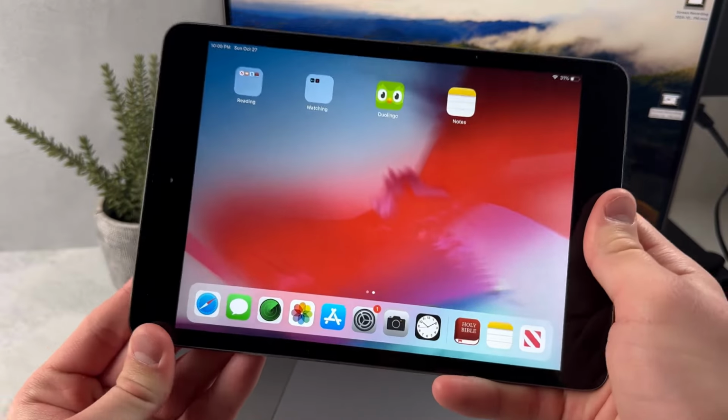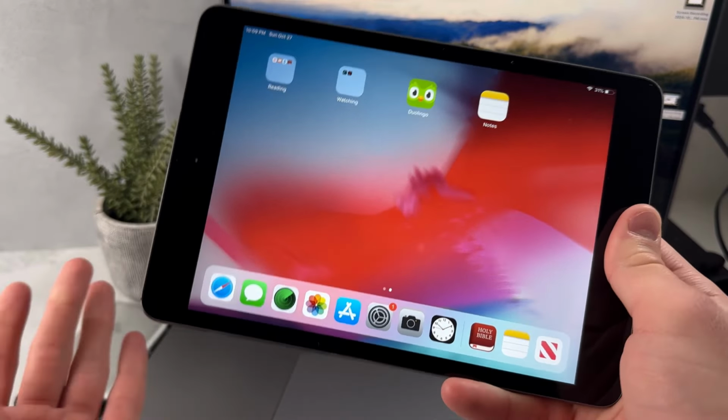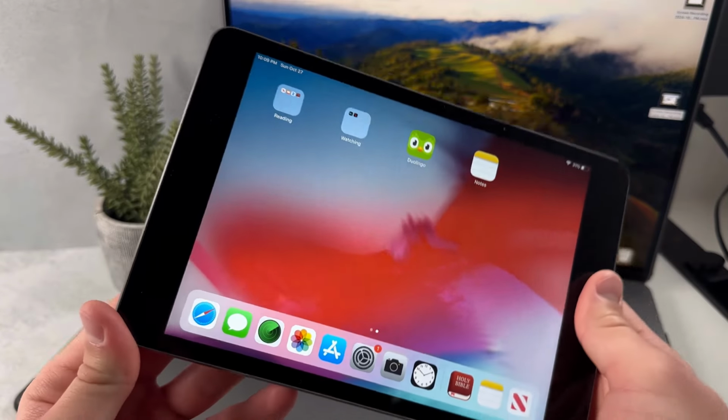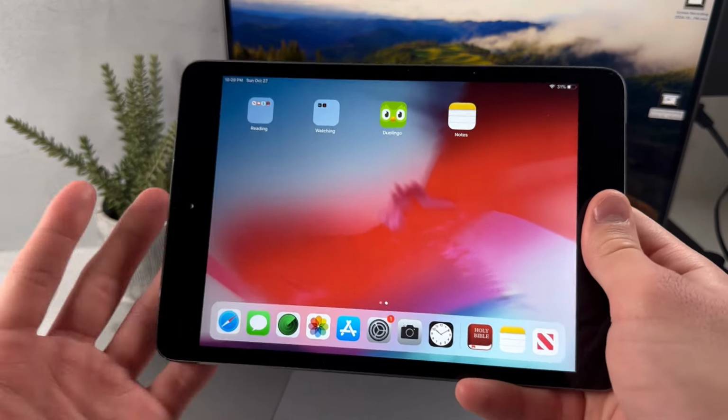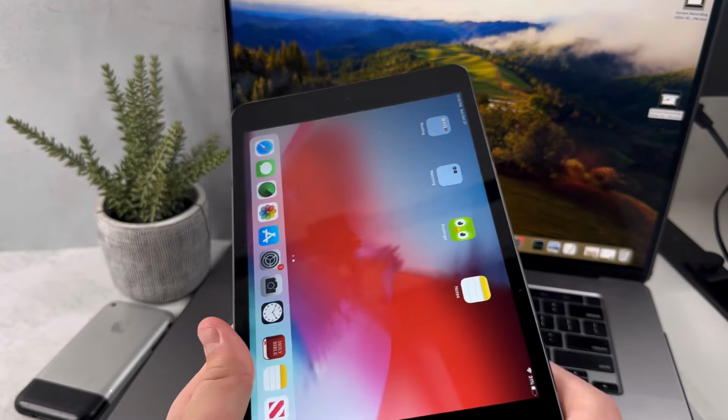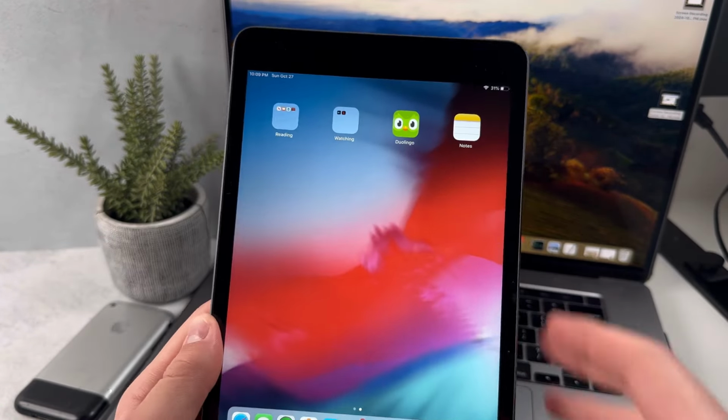Should you get the iPad mini 4 here in 2025? So the iPad mini 4 came out back in 2015, which was almost 10 years ago. And in this video, I'll be explaining to you whether or not it's still worth buying almost 10 years later. So in this video, I'll be explaining to you the design, the specs, and whether or not it's still worth